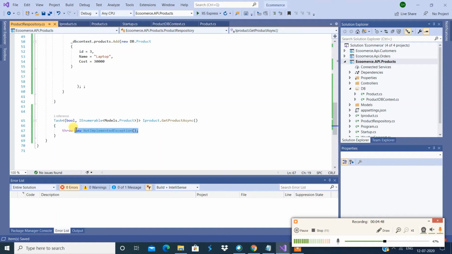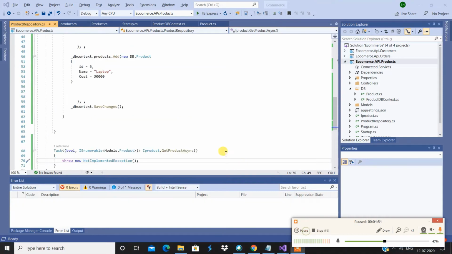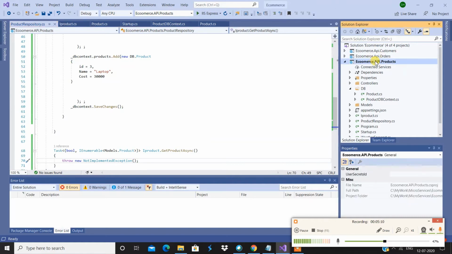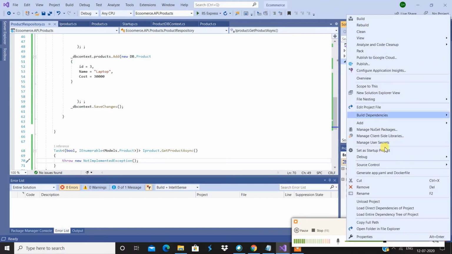So now the next step is to implement the logic over here, right? In order to map between DB context classes and our model classes and then the in-memory database columns, we're gonna create a mapping between these. So in order to do that, we're going to create a new class. So now let me add a new class to that,